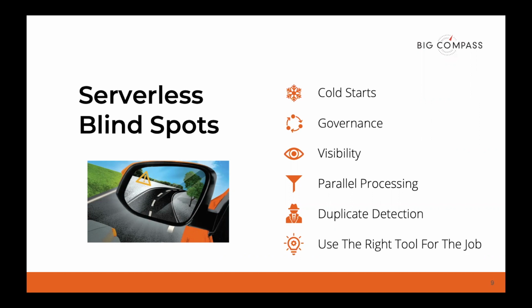And parallel processing is the next blind spot. Again, I'll mention the mindset shift to parallel processing functions and distributed microservices is absolutely king in the serverless world. Scaling on demand is actually a double-edged sword if you think about it. On the one hand, it allows you to process very, very quickly and scale almost infinitely. But on the other hand, out-of-order delivery could easily become an issue in your system, and flooding a downstream system could also become an issue now that you have many concurrently processing Lambdas. These are 2 very common integration patterns that become non-trivial in the serverless world.